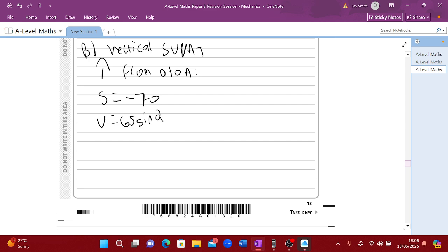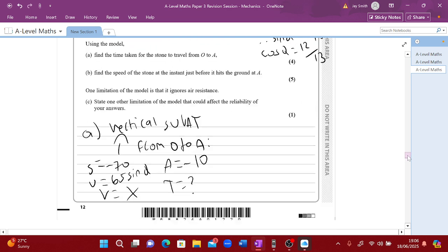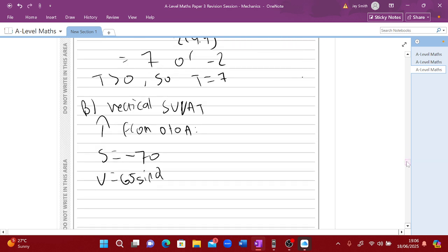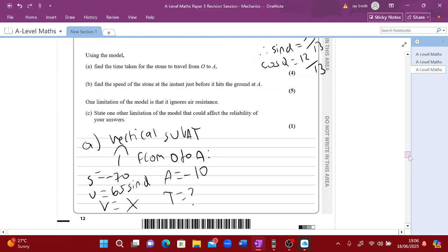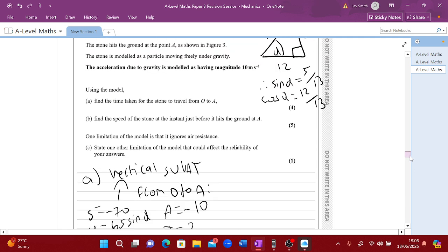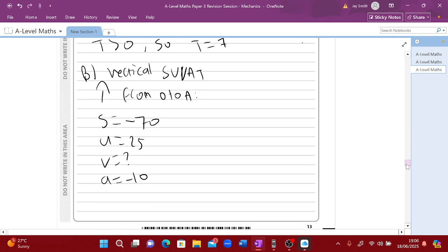But we can simplify that, can't we? Sine alpha is 5 over 13, so 5 over 13 times 65 will get us 25. So U is 25. And then V, we want to work out V. And then a is going to be minus 10. And t, we don't actually care, but we already know what t is. We worked that out. So then to find V, the velocity at A, the vertical,